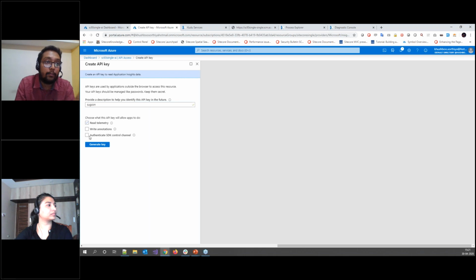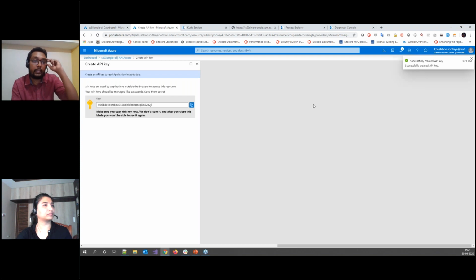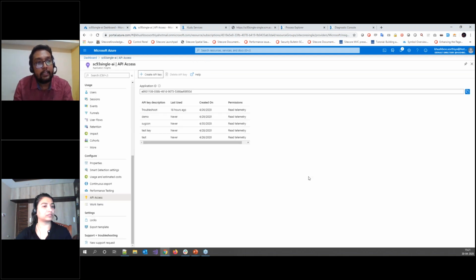Once we have done both, if we click on generate key, it will give us a pop-up mentioning that there is a key, but make sure that you are saving this key, because once you generate this key, we cannot retrieve it back. So we have to make sure that we are saving it in our local. Then we move on to our Azure Tools using these two parameters.